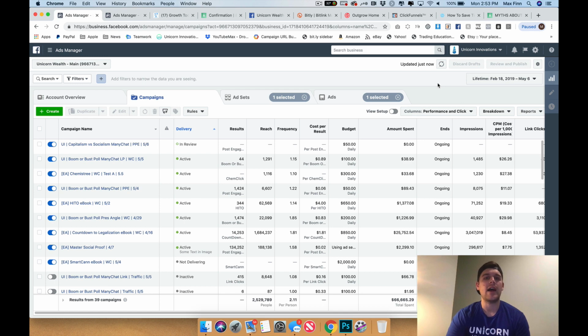Rules run nonstop around the clock, whether you're sleeping at 2 a.m. or it's 2 in the afternoon and you're in a meeting, these rules are going to be running. There are a lot of great tools out there as well, like RevealBot, that have more advanced features. They run more frequently, but they're a little pricey. So the good news is that you can get everything you need done, for most advertisers, with Facebook's native rules. You don't need to pay for an outside service. Obviously, there are some benefits, and we can talk about those down the road, and I can do a demo of RevealBot. But let's just talk about what you don't need to pay for.